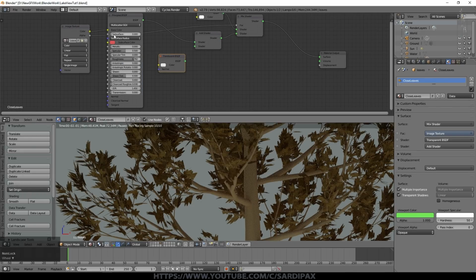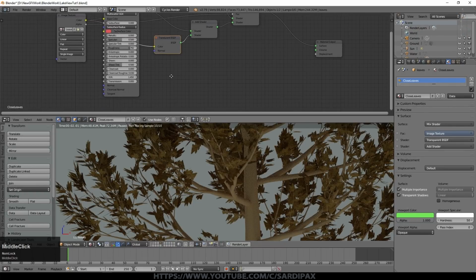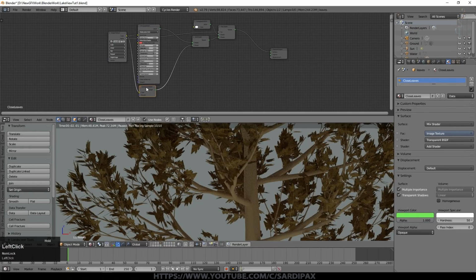I imagine you can do that with the Principled shader, but I haven't found the right way to get satisfactory results out of that yet, so I'm going to do it this way. It's more controllable in my view. So I put translucent into one side there, and then I take the color output and put that into the input on the translucent shader. And I'm just going to put the translucent under there.